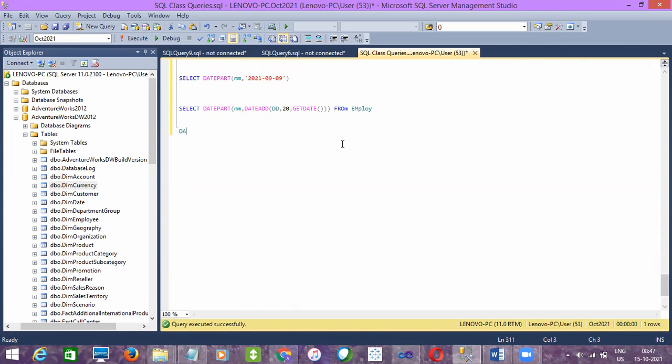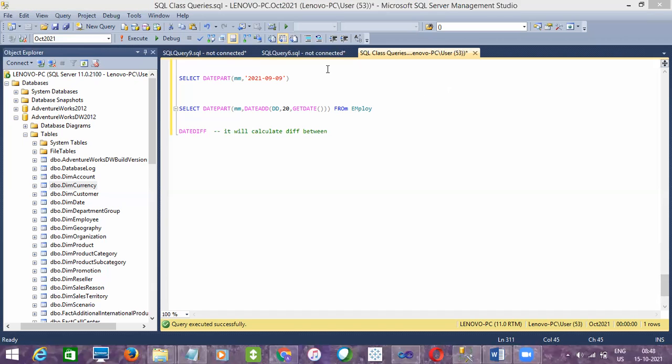And then there is a function called DATEDIFF. It will calculate the difference between two provided input dates.